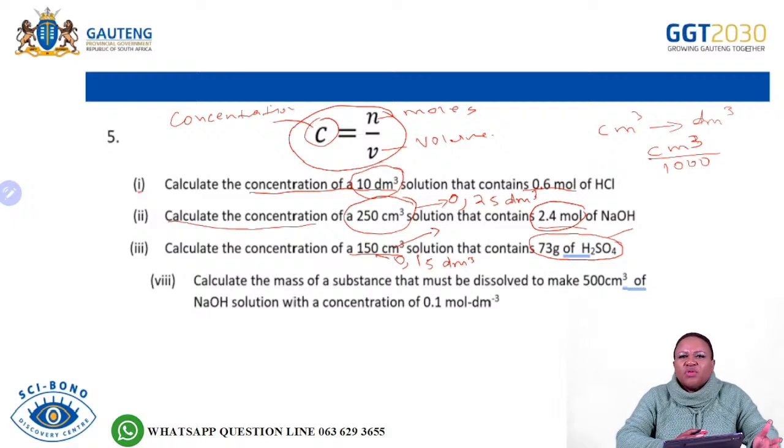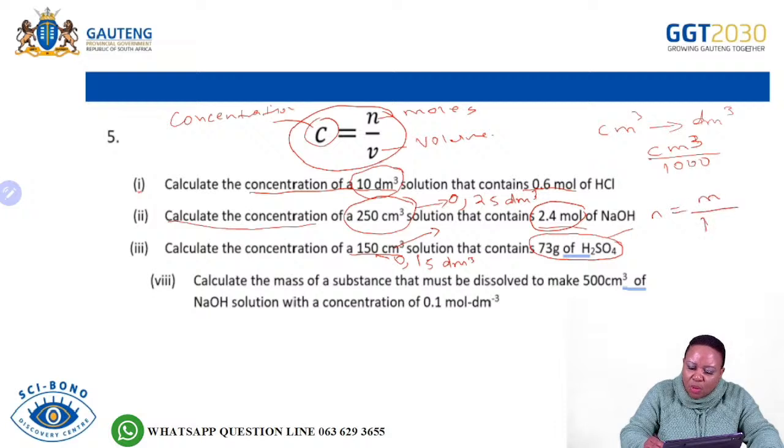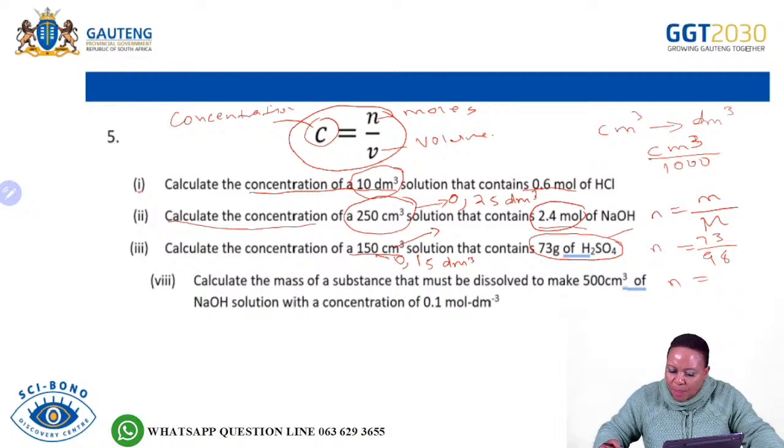Immediately when the examiner gives you the mass and the molecular formula, the examiner actually is providing you the number of moles. Therefore, you just go straight to the formula: n is equal to m over the molar mass. You know that we are looking for the number of moles. We have 73 grams of sulfuric acid. We previously calculated the molar mass of sulfuric acid, which was 98. Therefore, we can find our number of moles, whereby we're going to say 73 divided by 98, which will give us